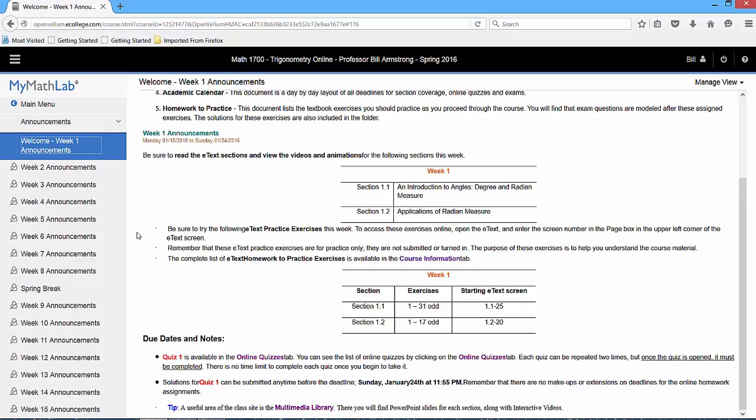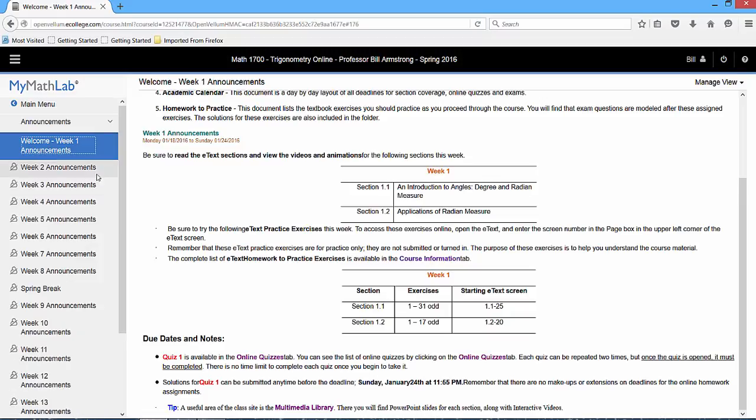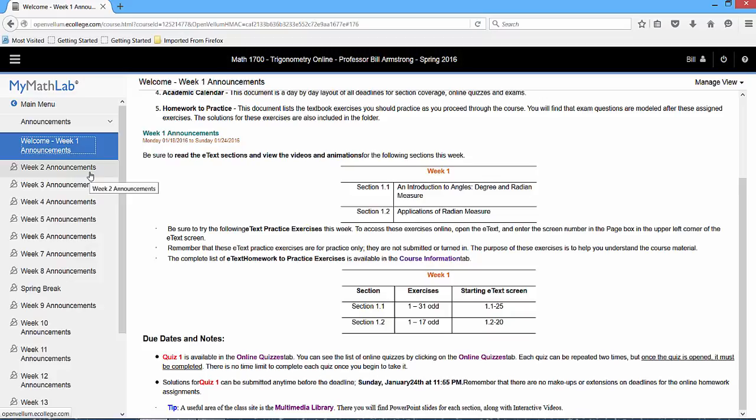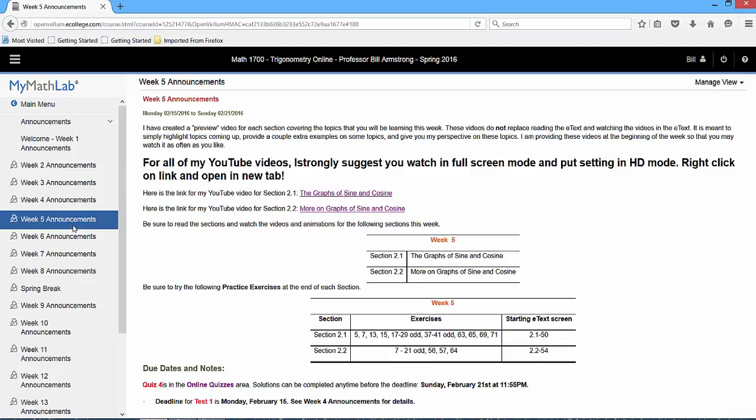Let me go ahead and show you another weekly announcement that's coming up in the future. Again, every Sunday morning, I will make available the following week's weekly announcement. So on Sunday, January 24th, I will make available the week 2 weekly announcements, and I encourage you to come check it out. If we look at the week 5 weekly announcements,